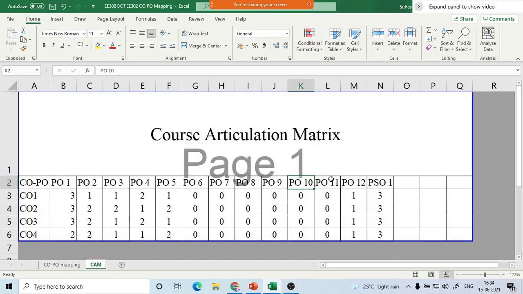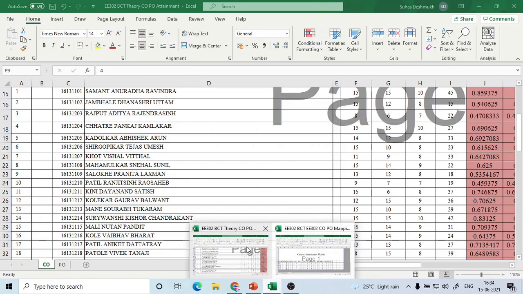These are the skill sets we are not going to impart during my course. It is not expected that each and every course should impart all the skill sets required for all the POs. So once we create this matrix, you can bring it to another sheet